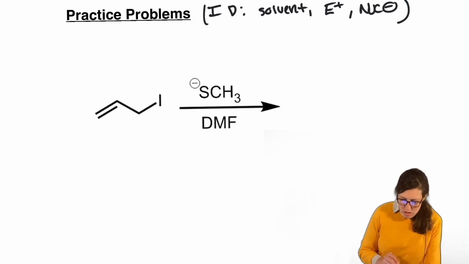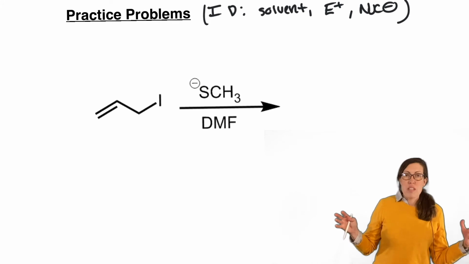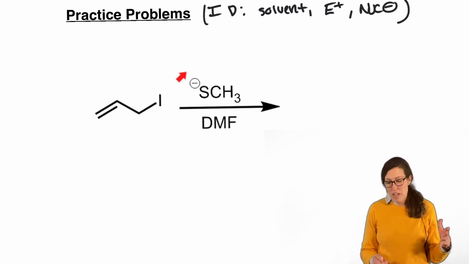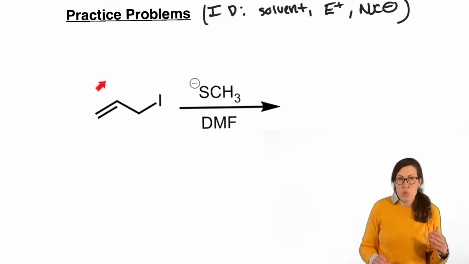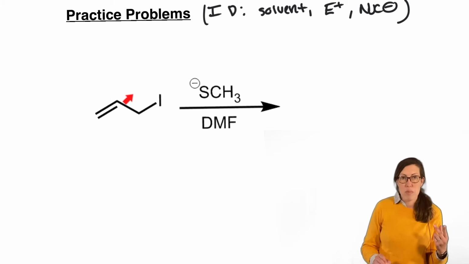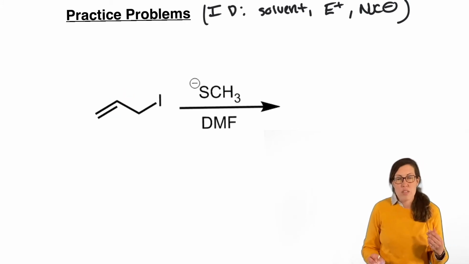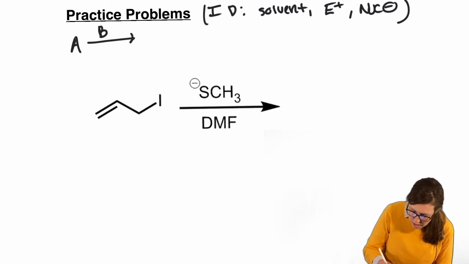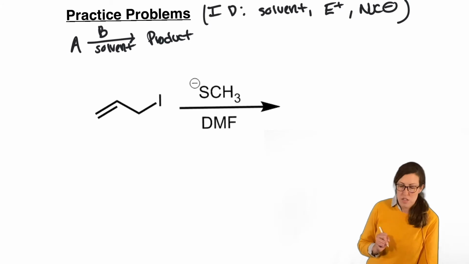All right, so solvent is typically drawn over the arrow, but so is also one of the other reactants. So you have to know which one is the reactant and which one's a solvent. And then right here is usually the space reserved for the biggest organic piece, but it doesn't have to be. We could have put one of the reactants here, like the nucleophile, and put the substrate over the arrow. So usually there's at least one structure drawn here, maybe two, like A plus B, or it could be A with B and solvent goes to the product. So you've got to be comfortable seeing that kind of mixed and matched. So it could be A with B, and then we might write solvent often on the bottom, goes to product. This is a really common way to write out the reactions.